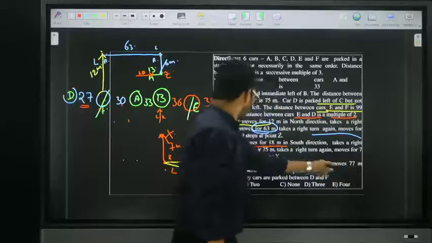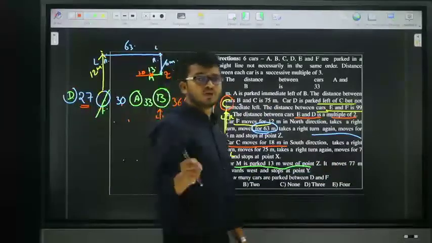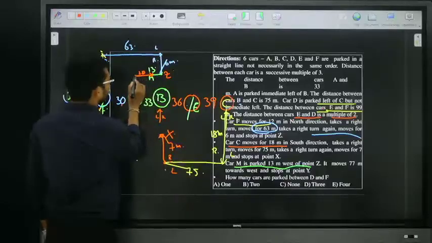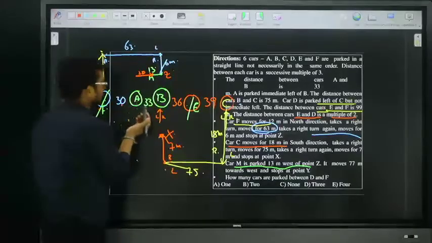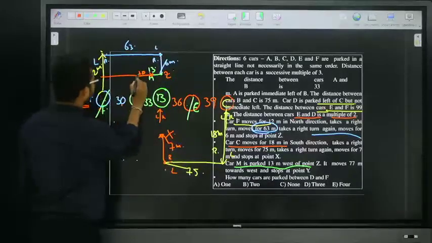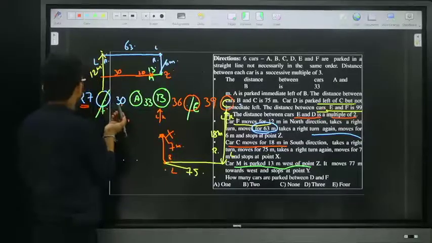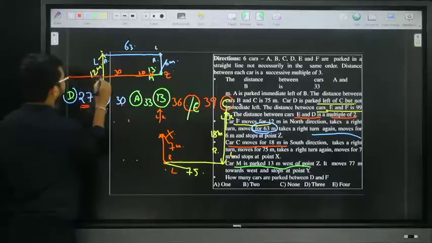It moves 77 meter towards the west direction. Friends, it moves up to M, which is 20. But our requirement is 77. Then up to F, this one is 30. 30 plus 20, the total is 50. But our requirement is 77, which means it moves